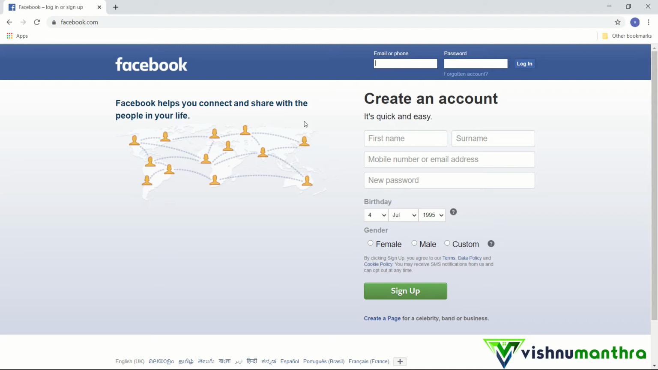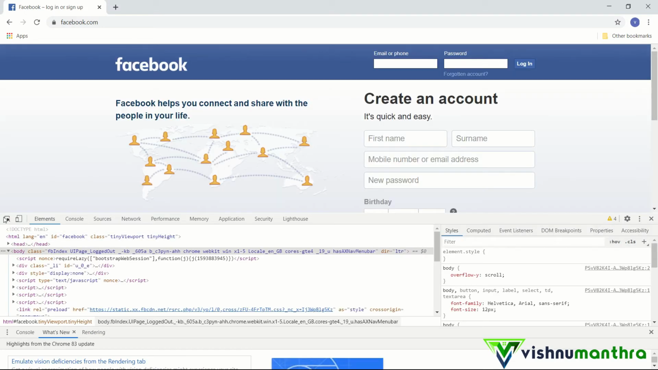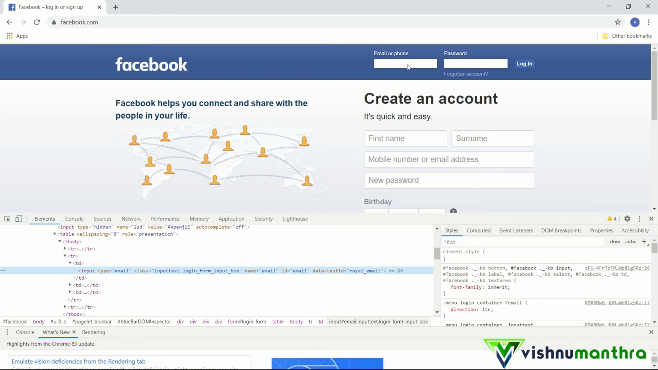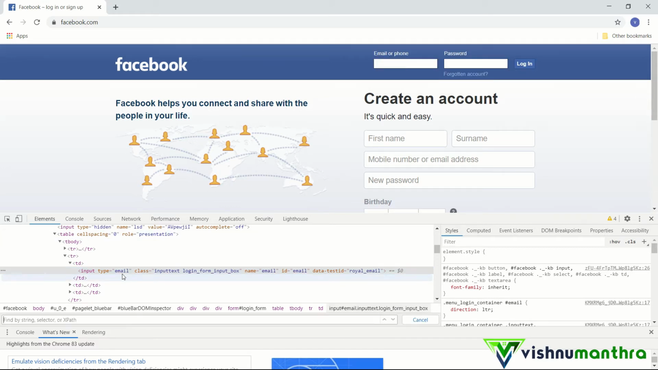I have now navigated to facebook.com. I'm going to click F12 and inspect the email or phone number field. Okay, now suppose you want to identify this box using type equals email, how will we construct the XPath? If I click Ctrl F and start with